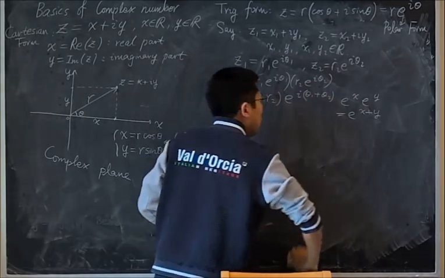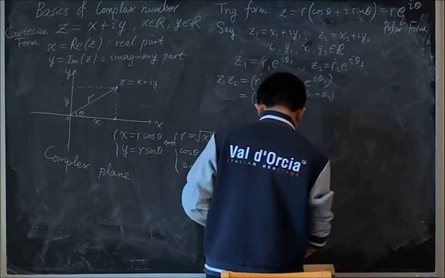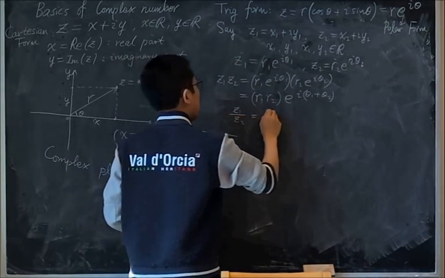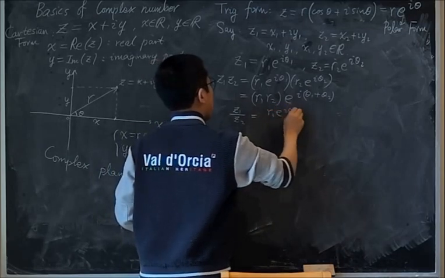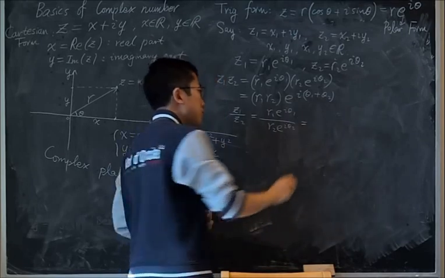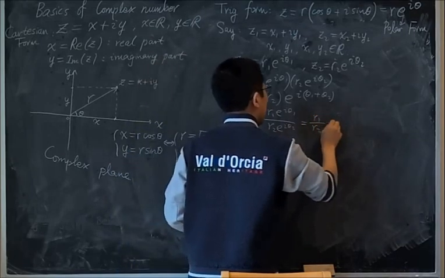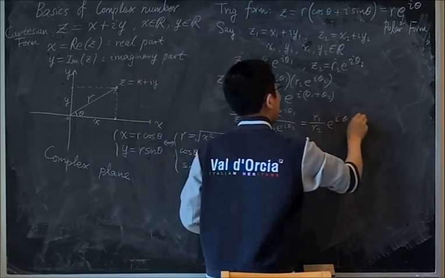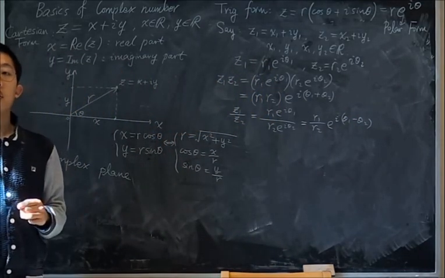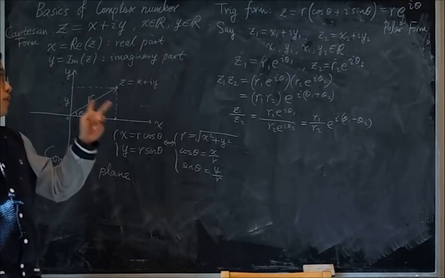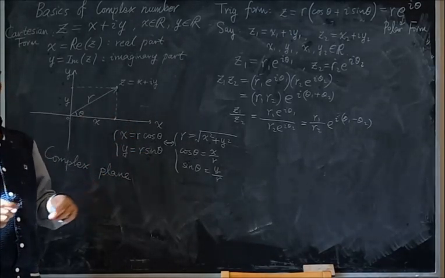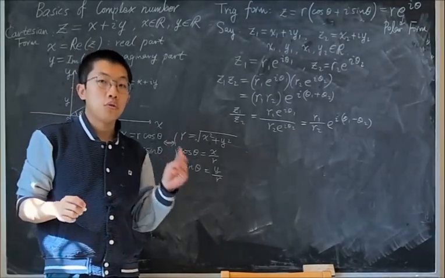Of course, similarly, if I do Z1 over Z2, that is just R1 e to the I theta 1 divided by R2 e to the I theta 2. And obviously, this is just R1 over R2 times e to the I theta 1 minus theta 2. So, obviously, the calculation is much easier. And that is not the only reason that we are using the